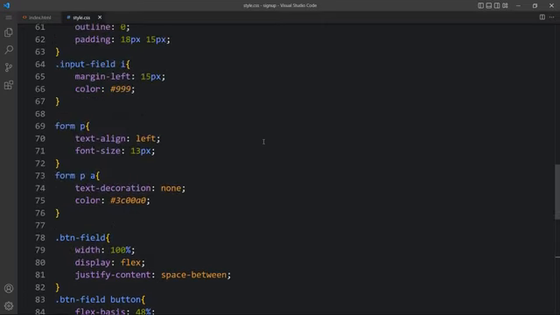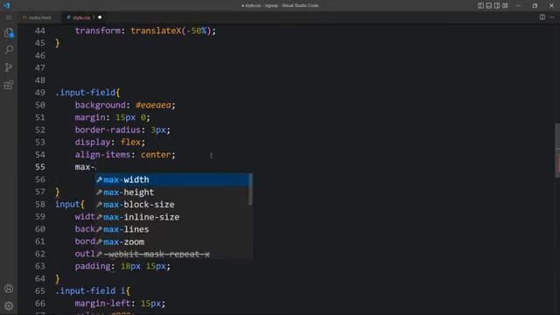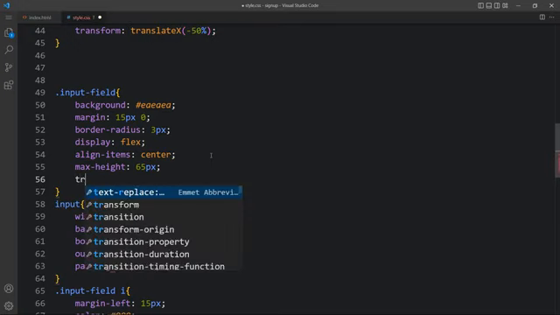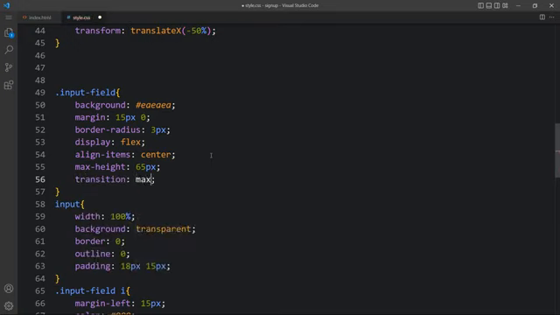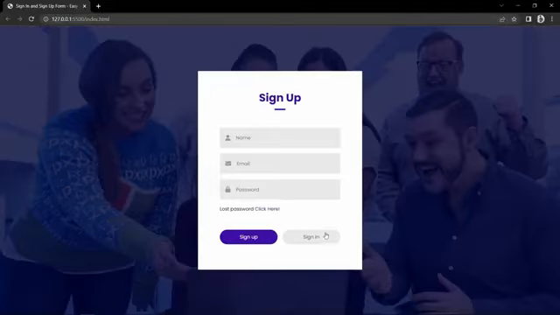Let's come here, and here we have the input field. So in this input field we will add the max height. Let's add max height 65 pixel. Then we will add the transition max height 0.5 seconds and overflow hidden, like this. And after applying this, come back, and if I click on this sign in button, you can see